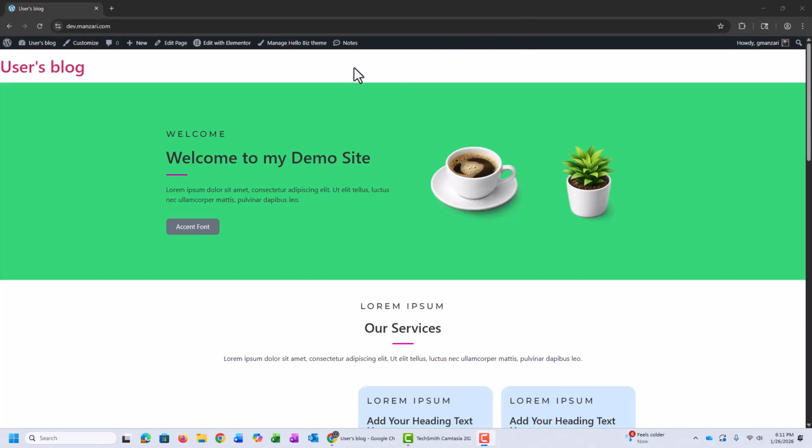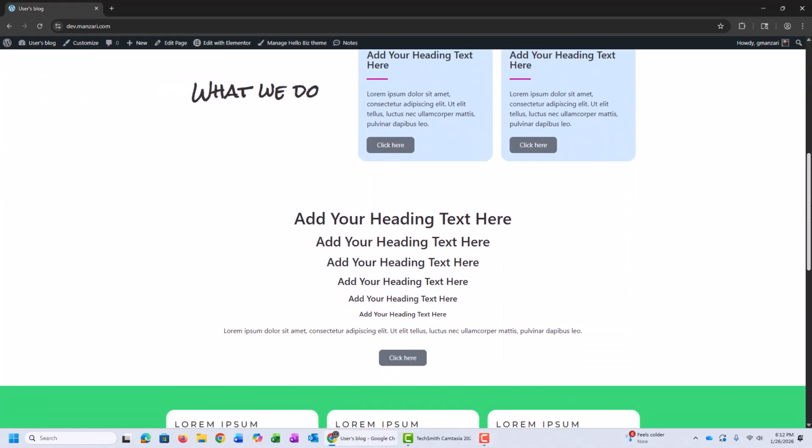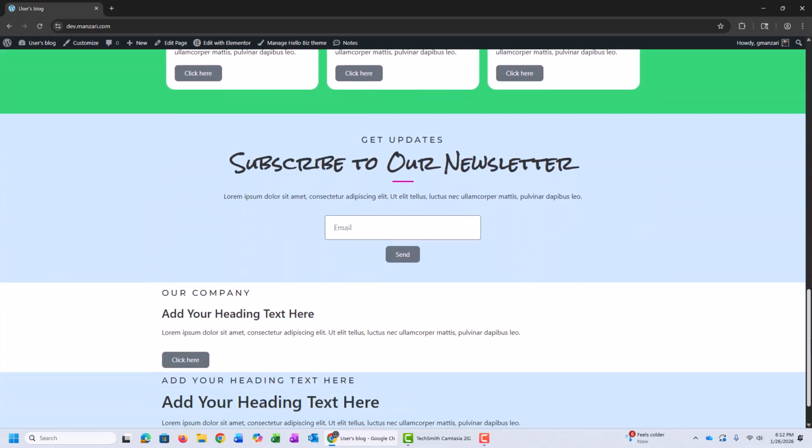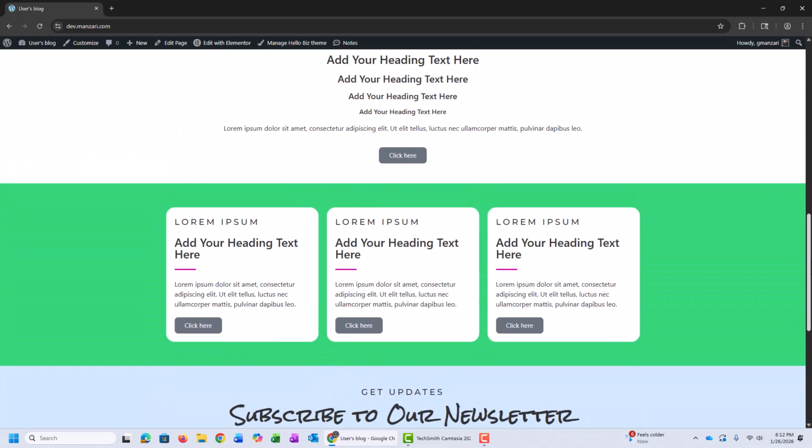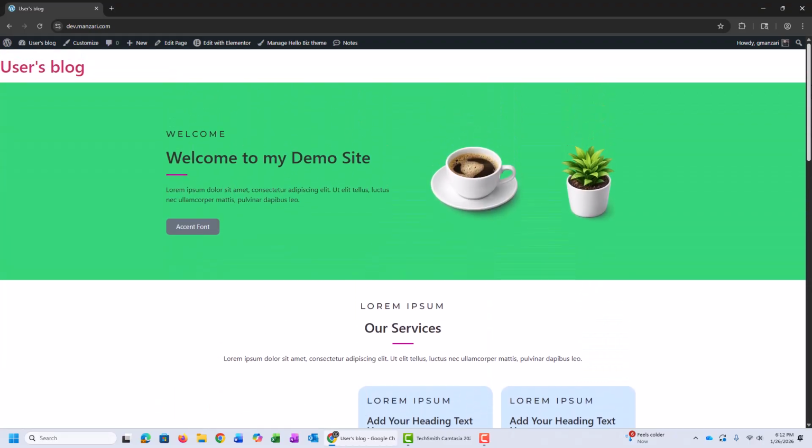So rather than going into every element or widget and styling it individually, one by one, this system is going to let you update all of your colors and fonts with just a couple of clicks. So as you can see here, this is a demo website that I've put together. It's not meant to look pretty at all. This is just for a visual reference so you can see what I'm doing and how the global system works